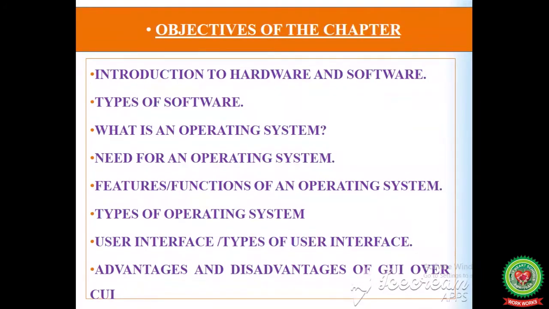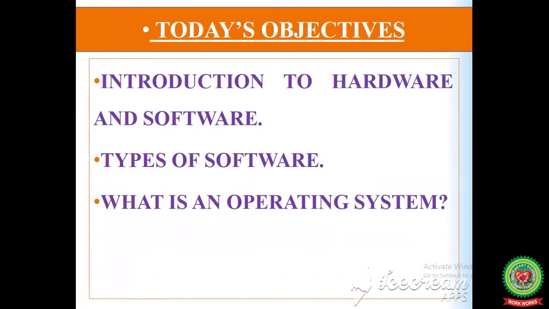Introduction to hardware and software, types of software, what is an operating system, need for an operating system, features, functions of an operating system, types of operating system, user interface, types of user interface, advantages and disadvantages of GUI over CUI. So, in today's class we will learn Introduction to hardware and software, types of software, and what